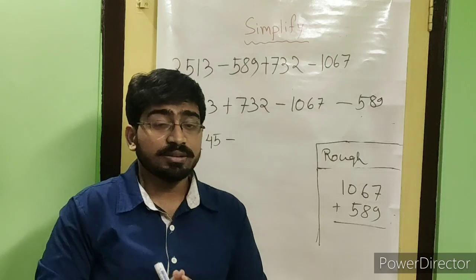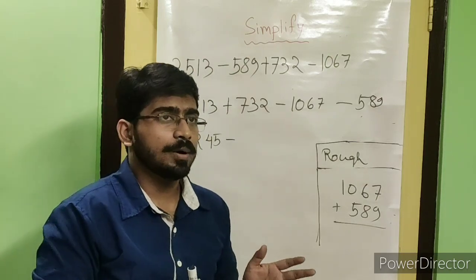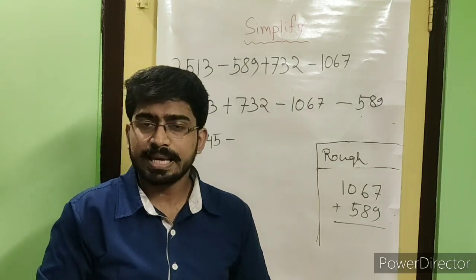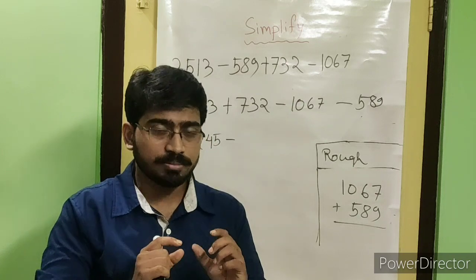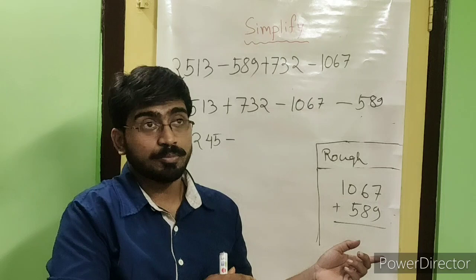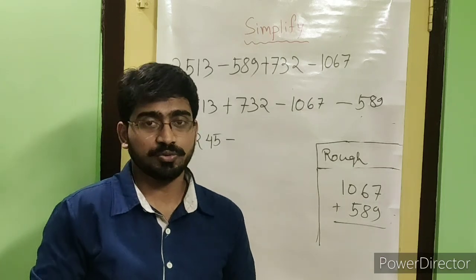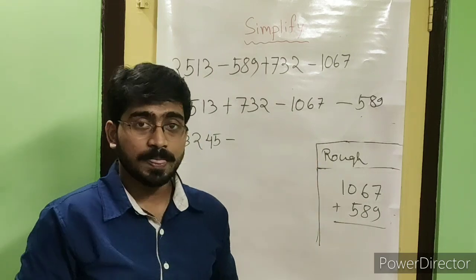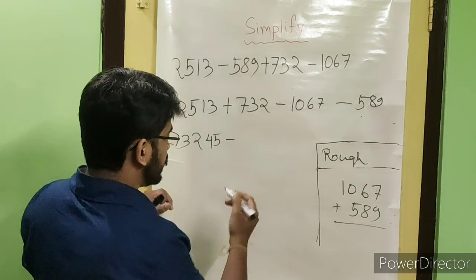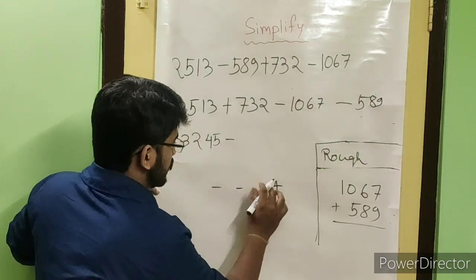But this answer you will get in coming years, because a particular process is there, a particular rule is there which we can't discuss now. I am just introducing you to that rule, but please don't worry about why. You just follow the rule, and in coming years you will come to know about those rules. The rule is like that: when 2 minus signs are there, it will be plus.